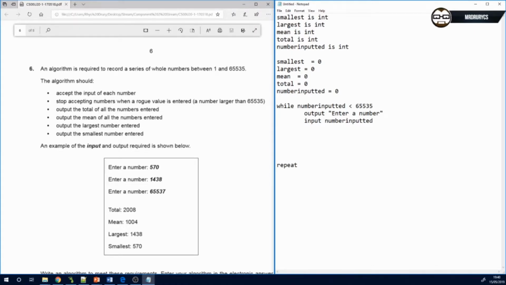Now, this is where you want to start doing your checks for your large and your small numbers, all right? So, if statements is where you check some numbers. So we can say if the number that's just been inputted, so number inputted, is greater than the largest, then obviously largest needs to be reassigned to the number you just inputted, so number inputted. Now you need to put endif to show that it's in the if statement, because it's not like Python where it just knows. Then if the number inputted is less than the smallest,